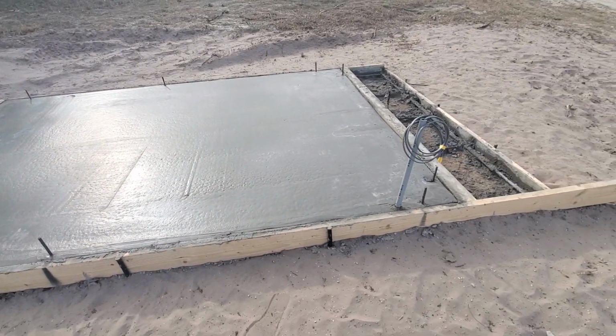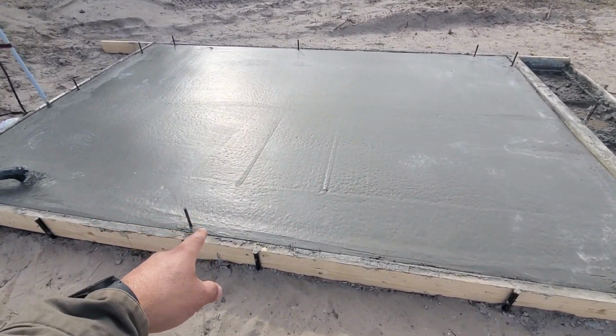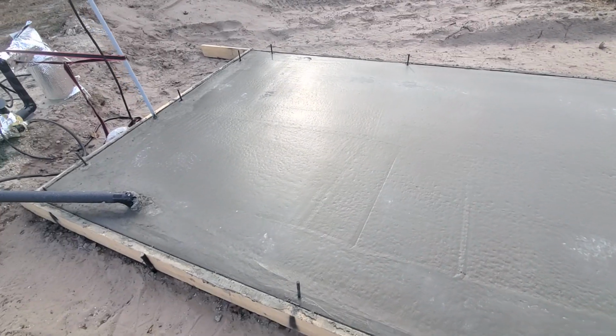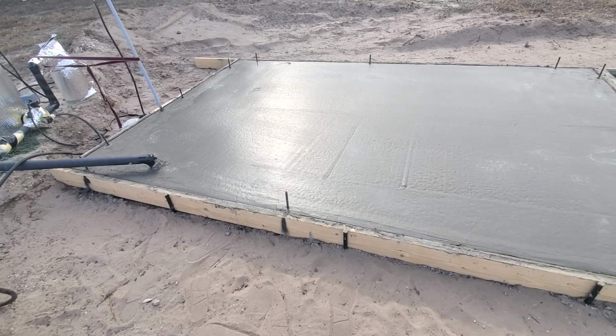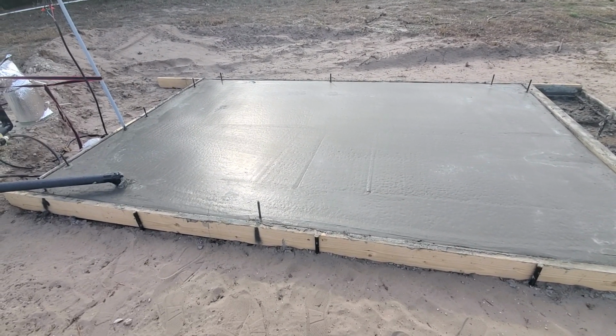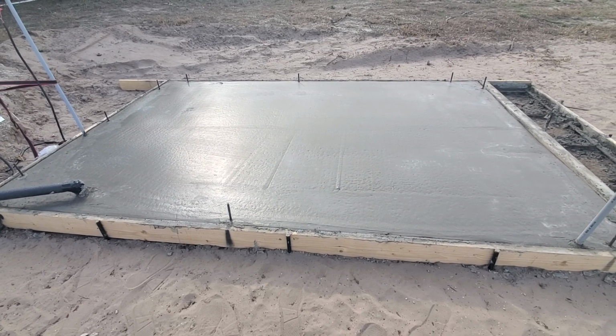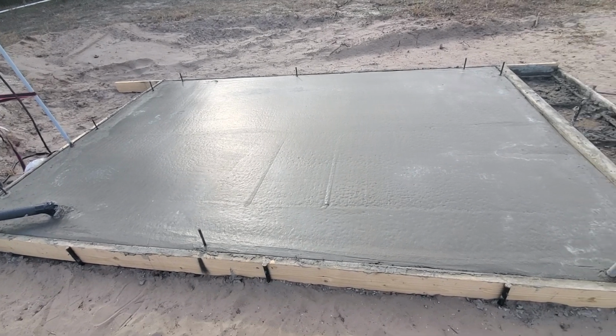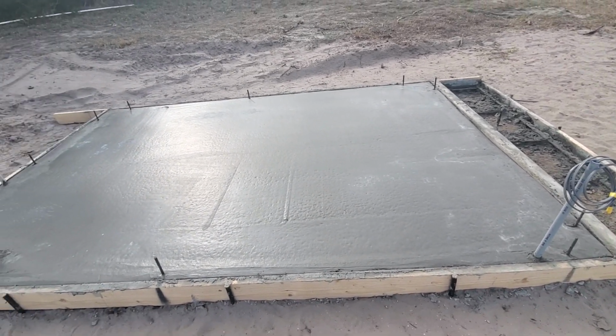So if you want to see more of this, you can see the lines and stuff from that Fresno that I was using yesterday, but it's not perfect. But I was short on concrete. I was like, screw it. Plus it's a shed, so it doesn't matter. It doesn't have to be perfect. But anyways,